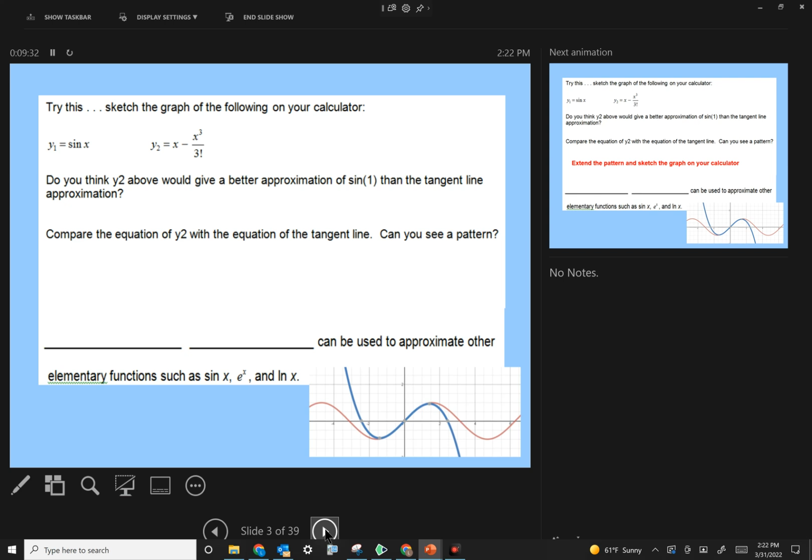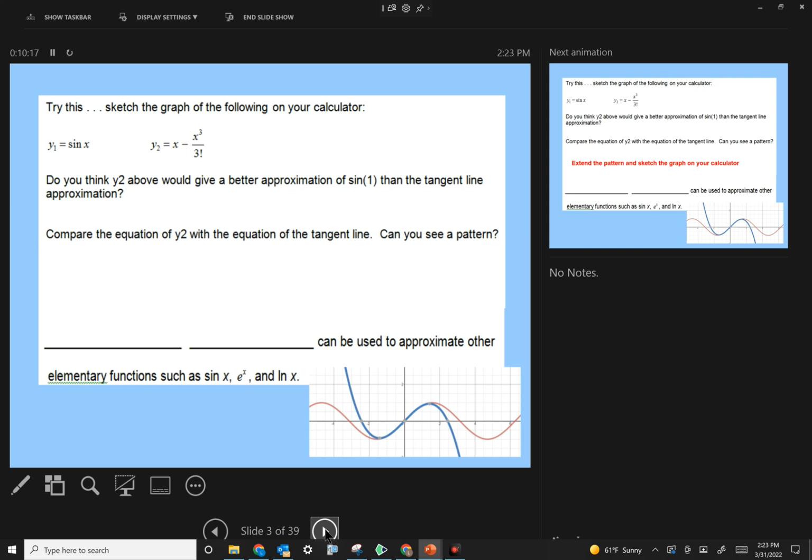Do you think y2 above would give a better approximation? We just talked through that. Okay, compare the equation of y2 to the equation of the tangent line. Remember the equation of the tangent line was y equals x to the first? It was this part. But then I added on this minus x cubed over 3 factorial. Do you see any kind of a pattern? I went from a first degree to a third degree. If I wanted to, could I write this as x to the first over 1 factorial? Isn't x the same as x to the first? And isn't 1 factorial just 1? So if I think of this as x to the first over 1 factorial, and then the next one was x cubed over 3 factorial,